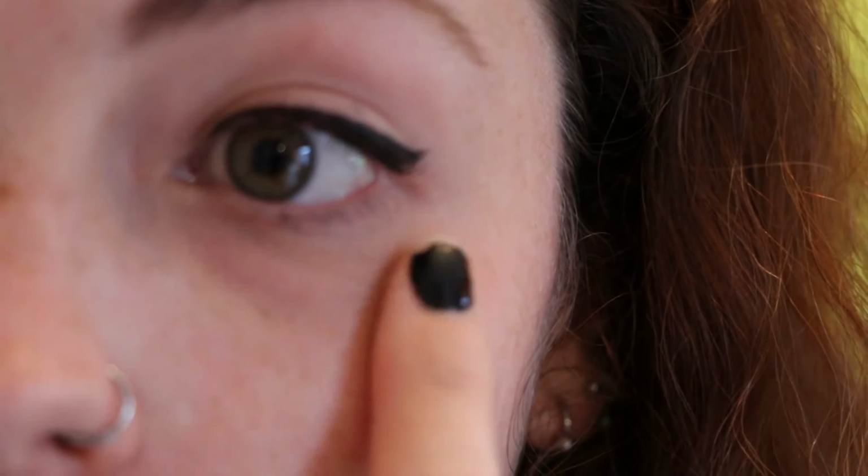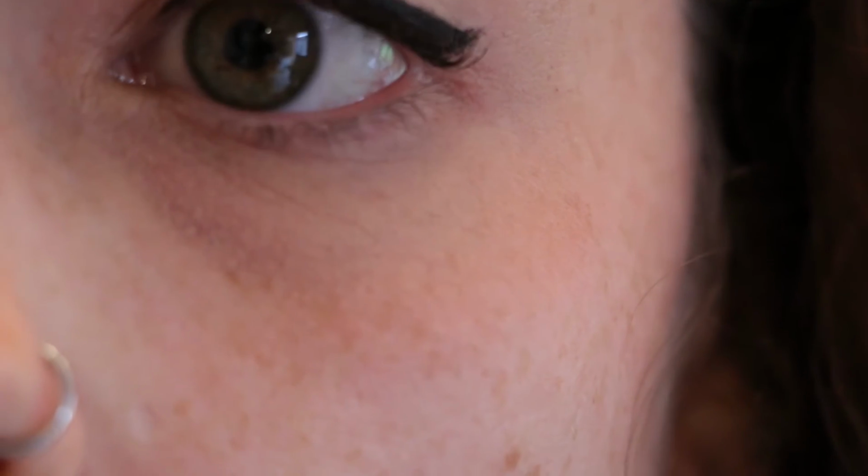I don't know if you guys can see that if I come in a little bit closer. Let's see if it'll focus. Underneath, let me zoom in. I don't think you guys can see that under there where it's kind of like clumped. You can see a little bit of smudging under my eyes from obviously where I've got the cream powder on, and my mascara and my eyeliner are smudged, but I'm not so sure that you can see the...